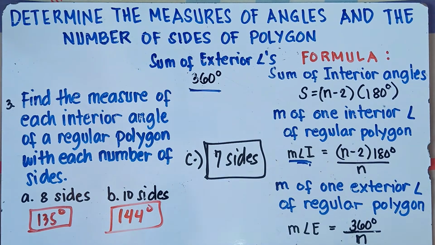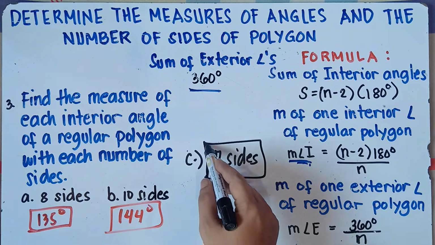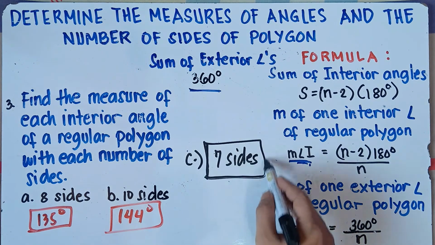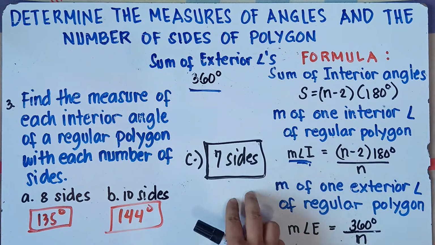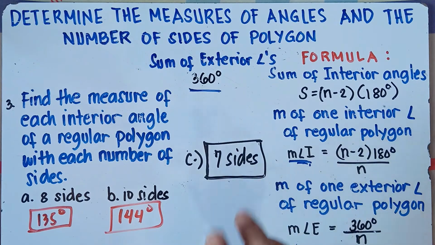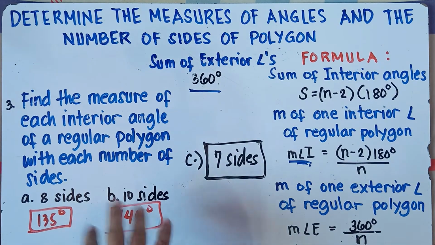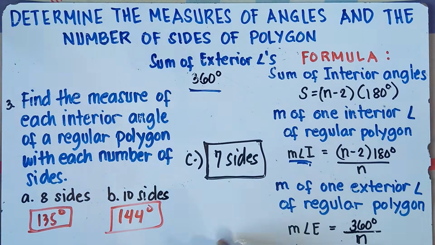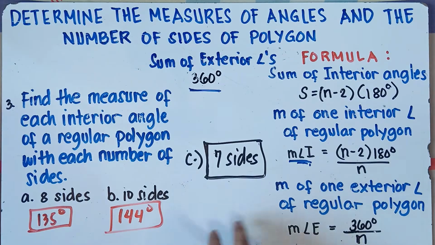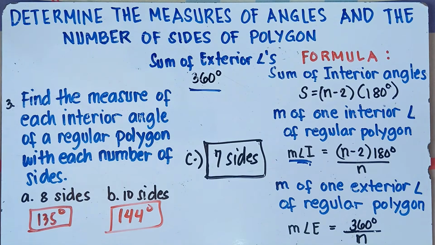Let me check, class, if you really understand our topic. For the answer for the 7 sides, we have a decimal. So you try this one and put your answer in the comment section down below, because our answer for this one is not a whole number. We will have a decimal. Let me check if your answer is correct. If you have some questions with this one, do not hesitate to ask. Put your question in the comment section down below, or you can always message me in our Facebook channel, same name as our YouTube channel.